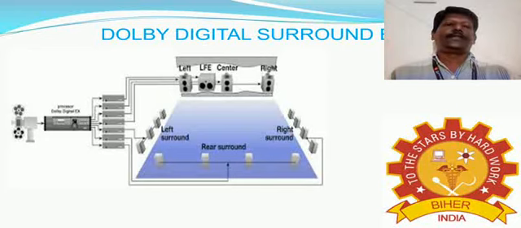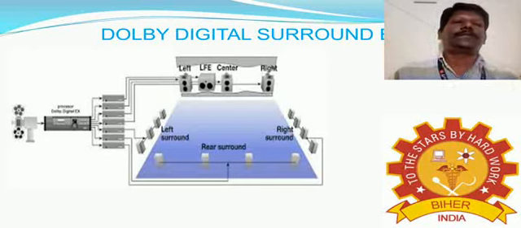So how can we pan the sound in this format? In this format, sound informations can be panned from 0 to 360 degrees. So they can pan the sound left to center and center to right, right to center or center to left, and also pan left to left surround, left surround to rear surround, and rear surround to right surround, and right surround to right. So in this format, all the 7-track informations have been recorded between the sprocket holes.